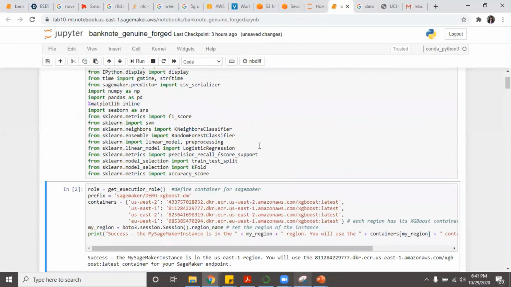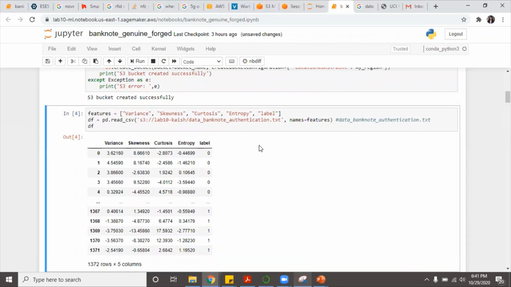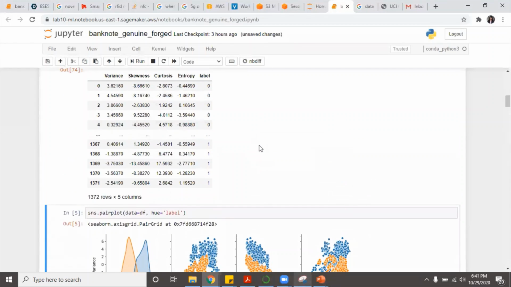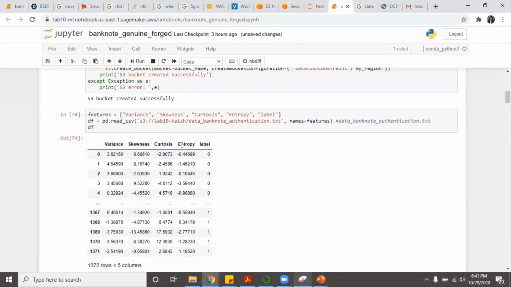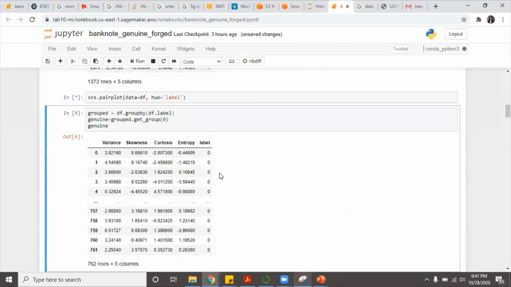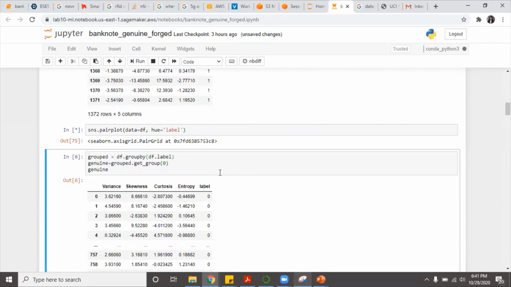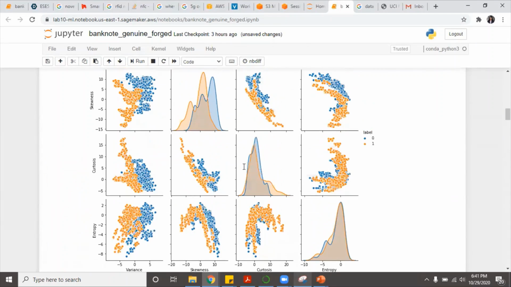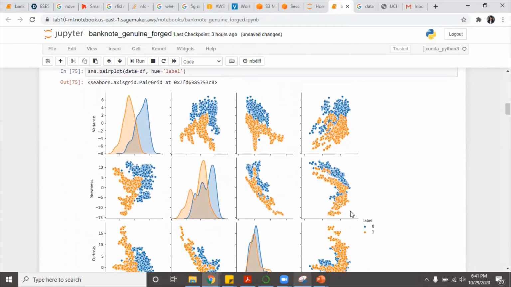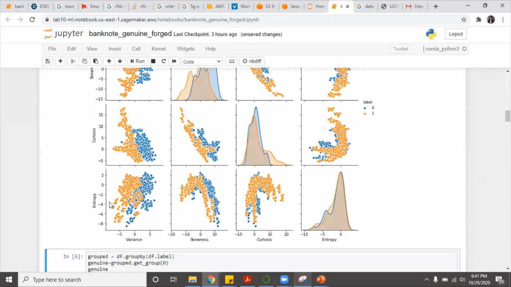Let's execute the code. Here we can see that there are 4 features: variance, skewness, kurtosis, and entropy, and the label 0 and 1 for genuine and forged notes. Let's plot the scatter plot. A scatter plot is between two features like variance and skewness. Here we can see the scatter plot for forged and genuine banknotes, and this is between entropy and variance,